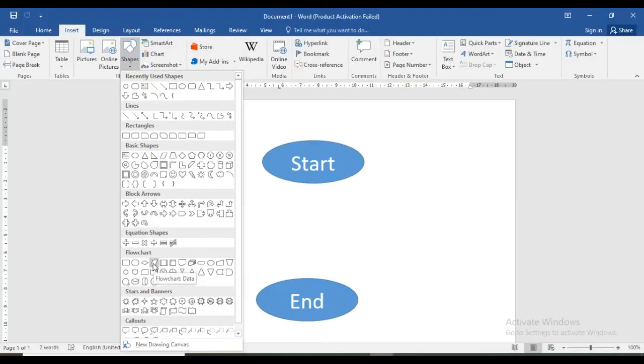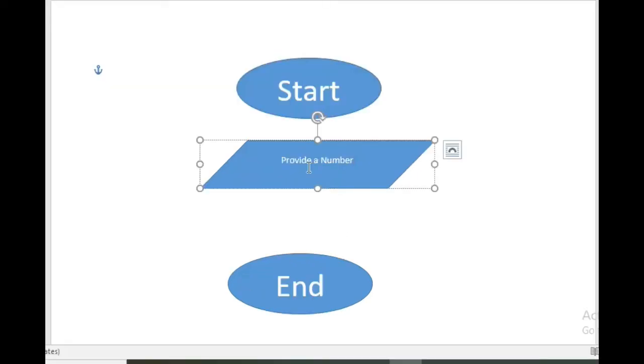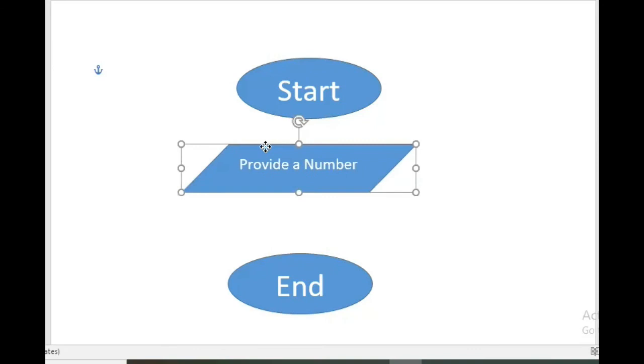So this is a parallelogram. We are going to take this. Now practically you are not supposed to do this; just for understanding purposes I am creating this flowchart. In practice there is nothing like this. This is paperwork before creating a program. So this is the next step. After starting, the first step is that we are supposed to provide input to the computer. Between these two there is a connector, and the connector is an arrow symbol, and we are supposed to connect these two.